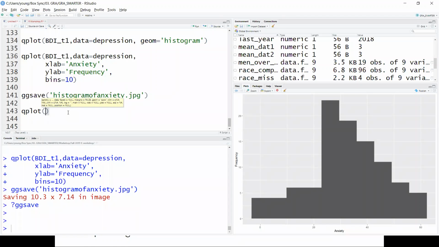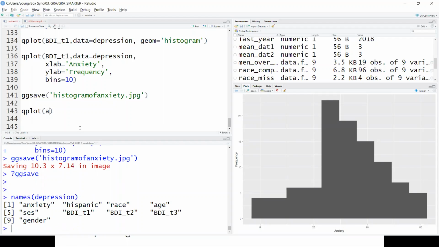So you can use qplot for that as well. And on the x-axis, we'll put age. Wait, I hope I'm getting these right. Did you learn about the names function? R is case sensitive, right? So if it were capitalized in the data file, but I didn't write out capital, it would give me an error.